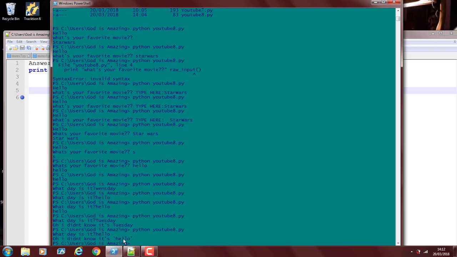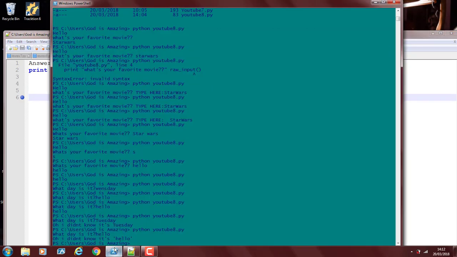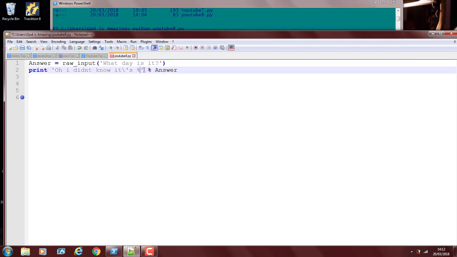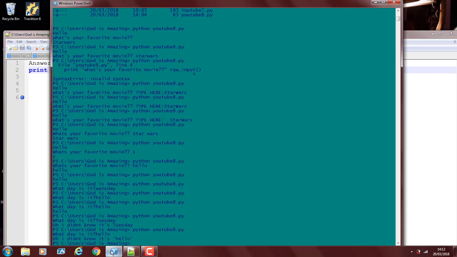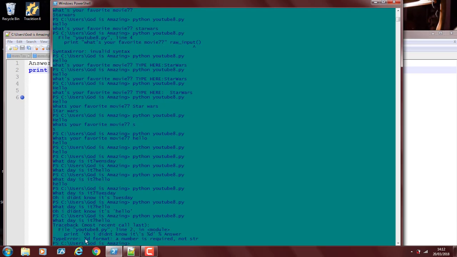Right, and it even has the quotes. Kind of lame. I mean, it doesn't look right. So if it's a number, right, then you want to use %D. I don't know if it's gonna convert properly. Yeah, see, it didn't.